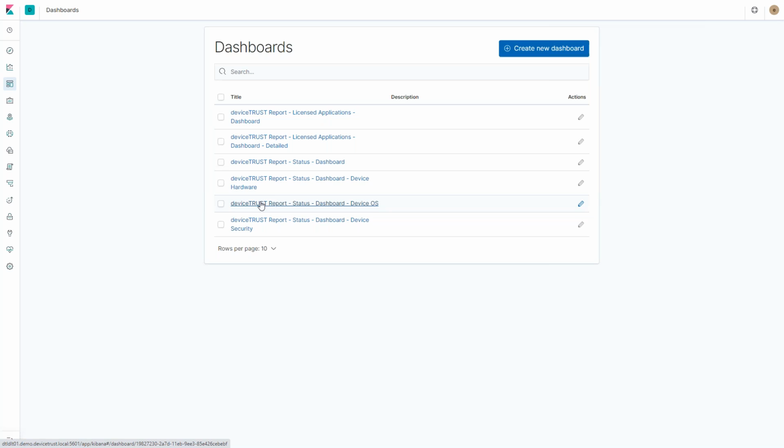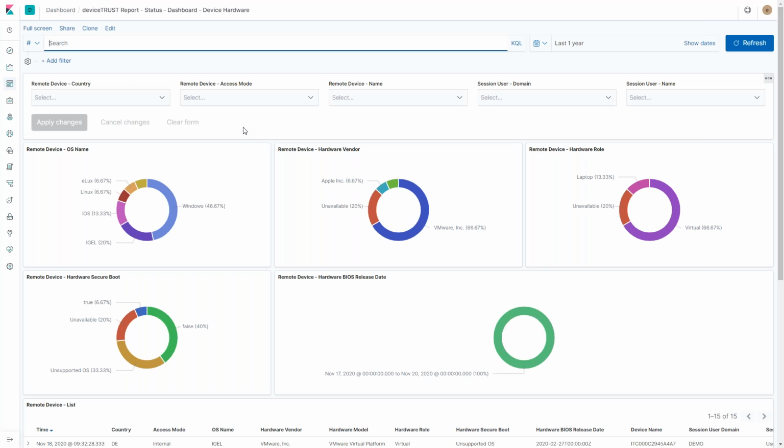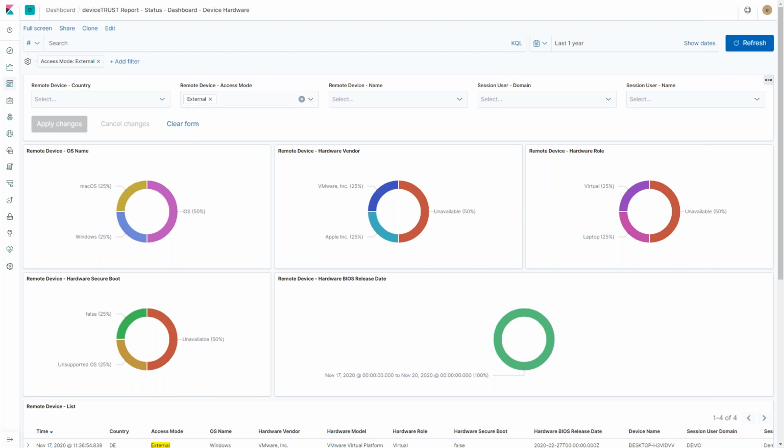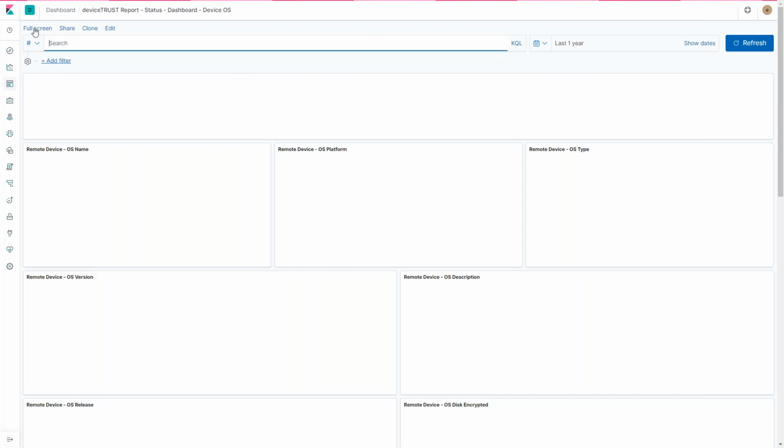We have security, and we have a hardware dashboard with all the same selection on top of the list, but having a different view of the devices. So you could say, what kind of hardware is accessing from outside the corporate network? Oh, we have VMware, we have Apple, or we have something which is unavailable. Okay, why? Then you can click into it and find out whether it's iOS or not. Okay, you have the easy ability to find out what is accessing your environment down to OS level,